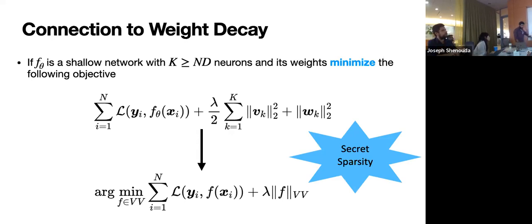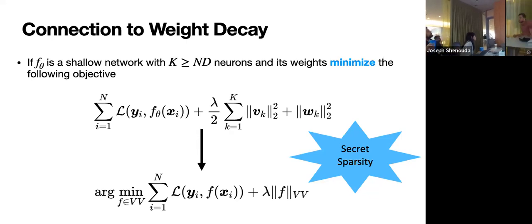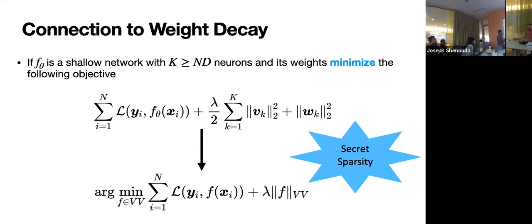Okay, so now what does this mean? Why do we care about this particular norm or this function space? Does it really tell us anything interesting about what neural networks trained with weight decay are doing? I'll argue that it kind of does. If I have this norm induced on my function, and I know that vector valued neural networks trained with weight decay are trying to minimize this VV norm, I can think about what kind of architectures that would induce.